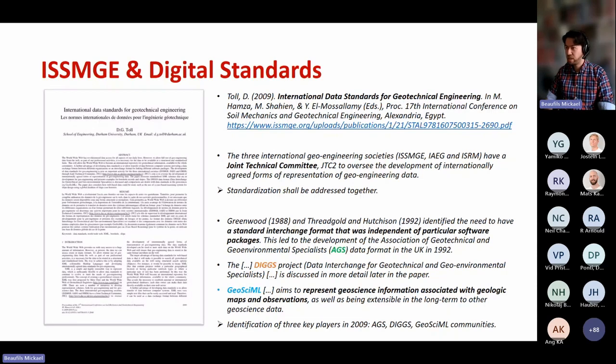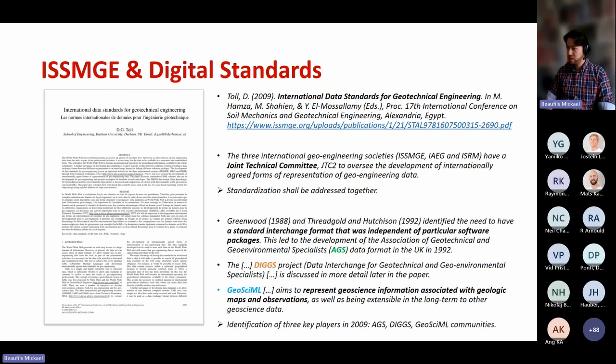If you have a look at it, there are some statements that are still true, and of course, things that have changed since 2009. What I appreciate in that paper is the idea that the topic of standardization is something that should be addressed together.